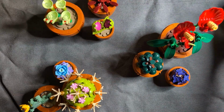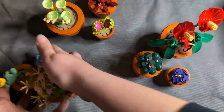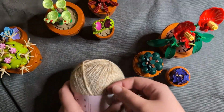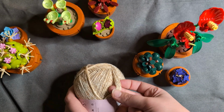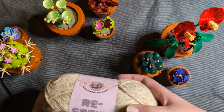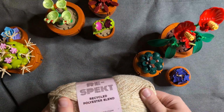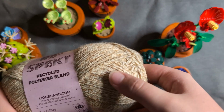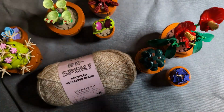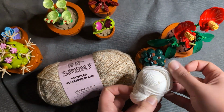So as far as macrame goes, I've never done it before. Not unusual for this channel. And so I have a few different yarn types that I think might work. This one I think looks the most like what you might see from macrame, a little bit more like tweed. This is Lion Brand's Respect recycled polyester blend. I've used this before. It's actually quite nice. It's a little hard to work with because there's several fibers making up each one, but I like the color of this one. I also have a much thinner but much brighter white, which I don't know if I really want,